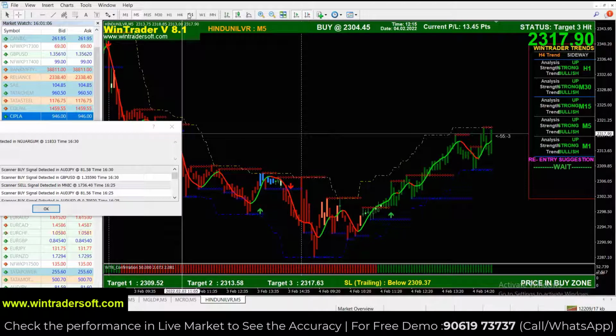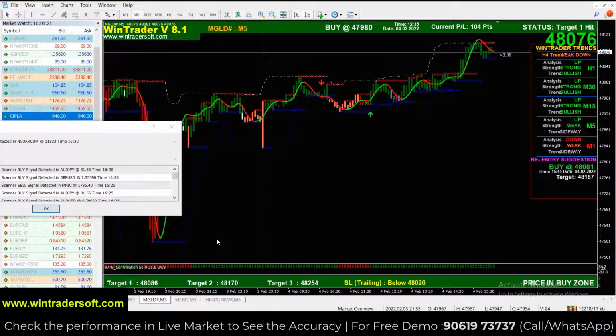And our software also supports all major financial markets: MCX, NSE cash, future, options, currencies, agri, COMEX and Forex, and it's working with real time data. Right now I'm showing you a real-time market.